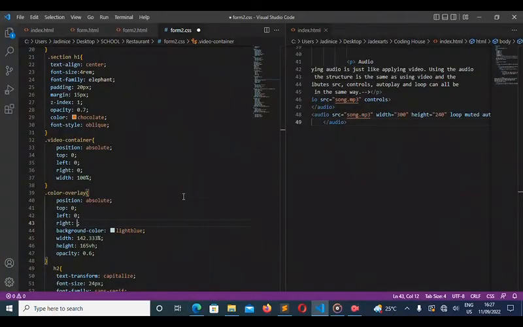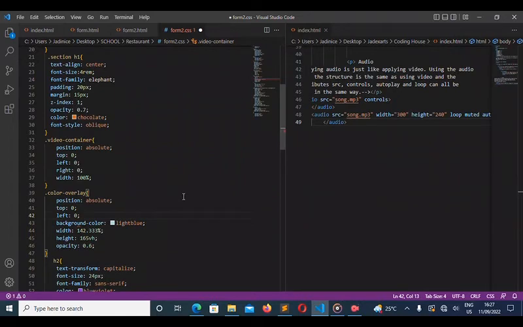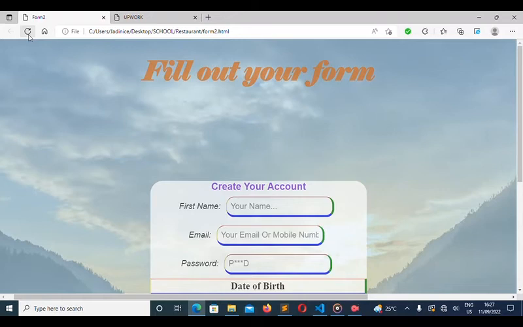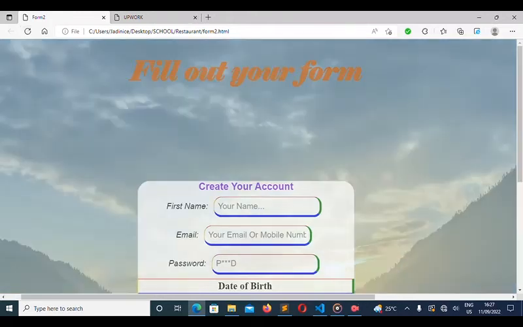Let me wipe it out. Control S here. Aha, it's much better.